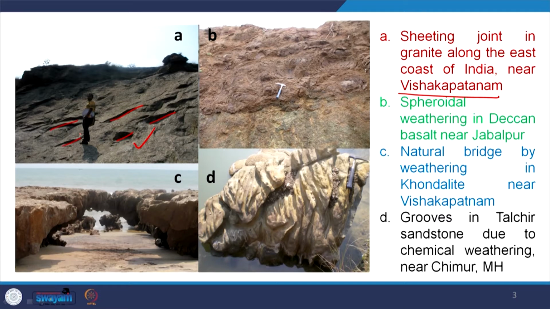The second photograph, if I assign it number 2, is a photograph of basalt. It is an extrusive igneous rock, which means it formed at surface temperature and pressure conditions. When the magma pours out from the mantle, from the subsurface level, it forms basalt, mostly a mafic rock. And now you see here a clear line demarcating a boundary. What does this line mean? Below this line, the basalt is unweathered or relatively less weathered.